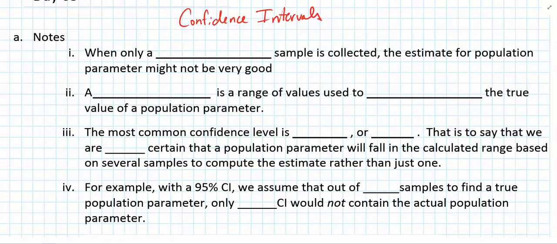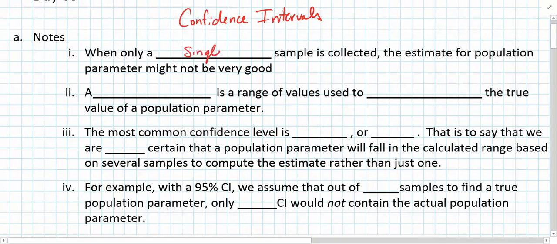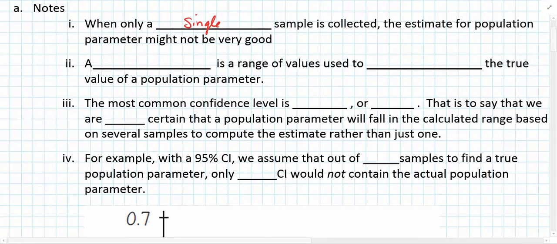As we discovered yesterday with the pennies project, when only a single sample is collected, the estimate for the population parameter might not be very good. For example, if we took just one of those samples yesterday, the average age of that penny might not actually represent the average age of all pennies in a population. And so what we do is we use a confidence interval,